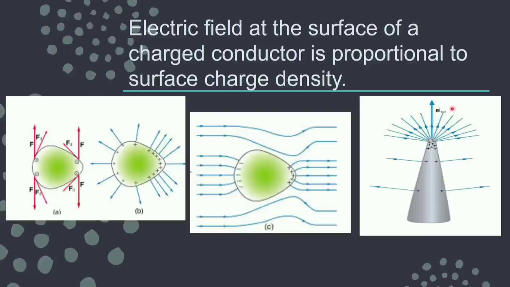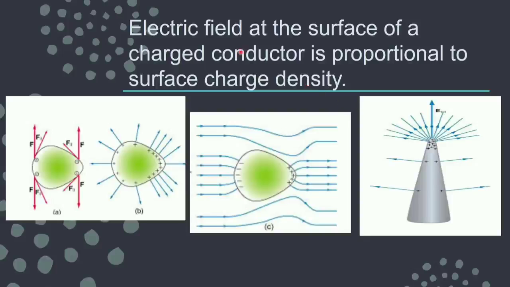This has also found many applications in daily life. Like we can put a pointed pillar here on the roof, so that whenever a thunderstorm is there, lightning will pass, the pointed end will be able to collect the charge and will pass it to the ground, because this is a conductor body.